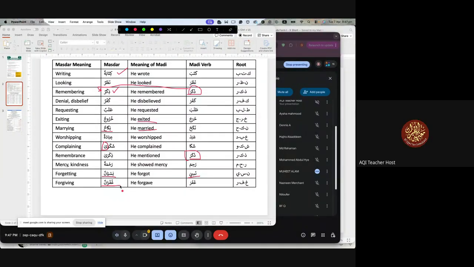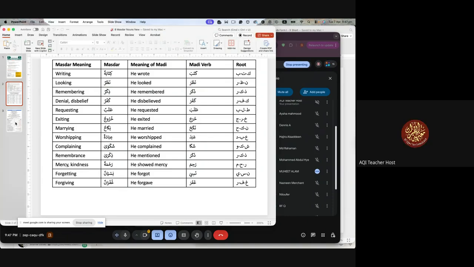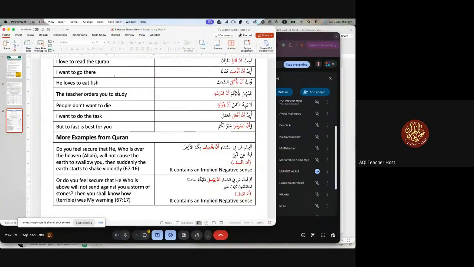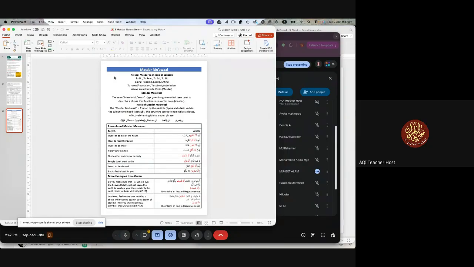MashaAllah, Ustadah, very, very well done on that. And this is the most important chapter of the whole lesson. You take about 10 to 15 minutes max. I have to go over that because this is an idea, a concept that I try to install in everybody's mind. And this masdar muawwal is a special structure which you will explain, and I have to make sure before everybody goes. There are some Quranic examples here, I think, but not many. Okay, carry on, inshallah.